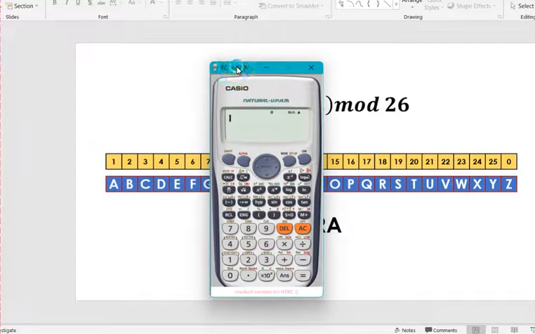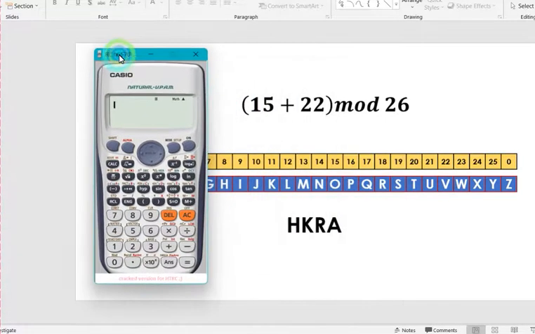But let me just give you a calculator approach on how to solve this. We don't have exactly a solving for modulo using the calculator, but let me just give you a technique on how to input it in the calculator. So, we will have this one. Okay, so for example, we have L is represented by 12. So, use this one. Make sure your calculator is on the